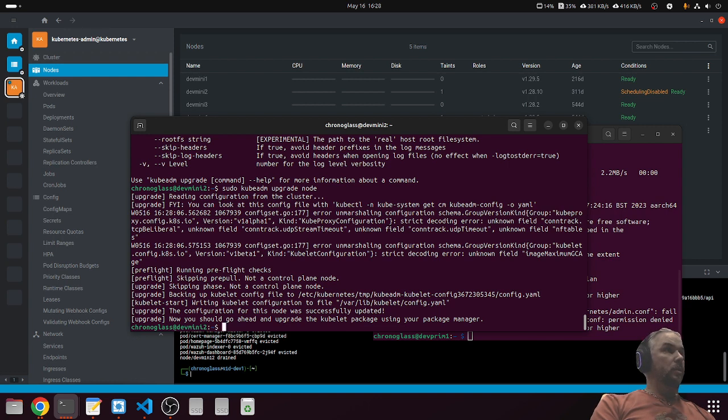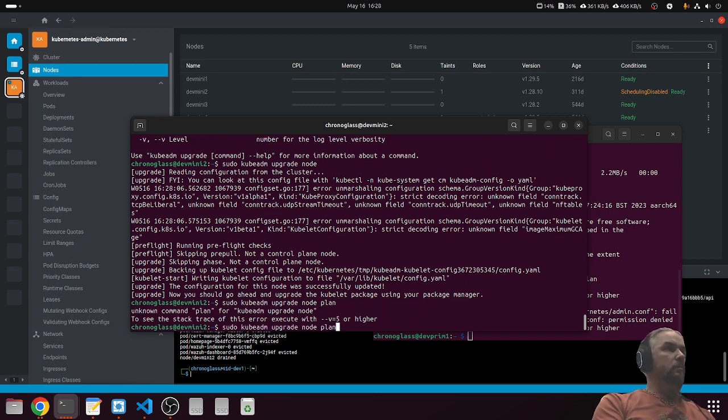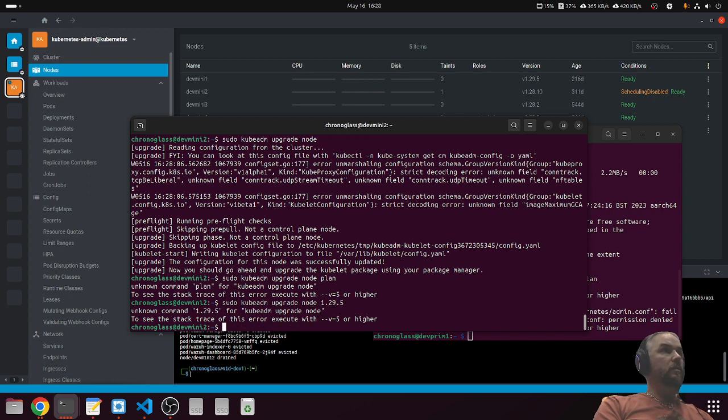Not a control, not a control, okay. Wait, so I'm supposed to go the other way around? According to this? So if I do 1.29.5,